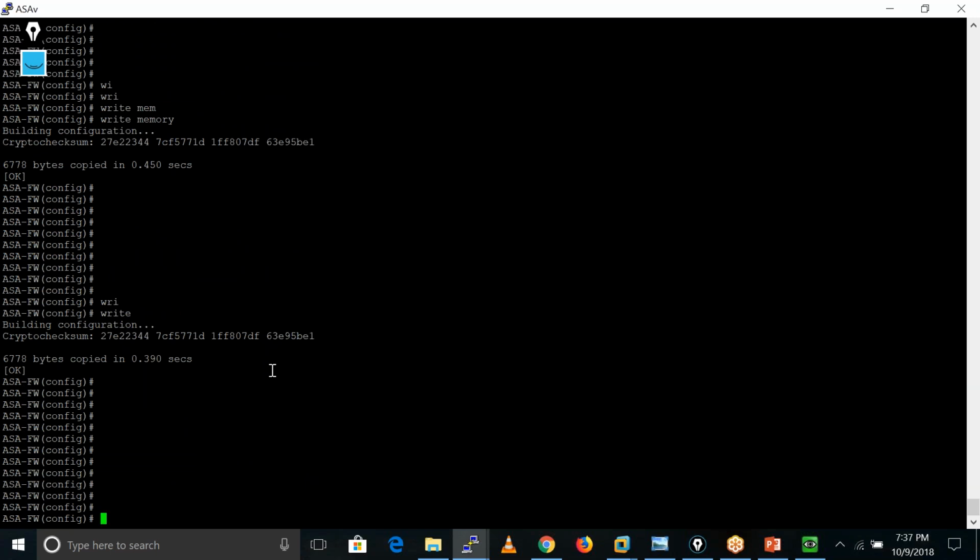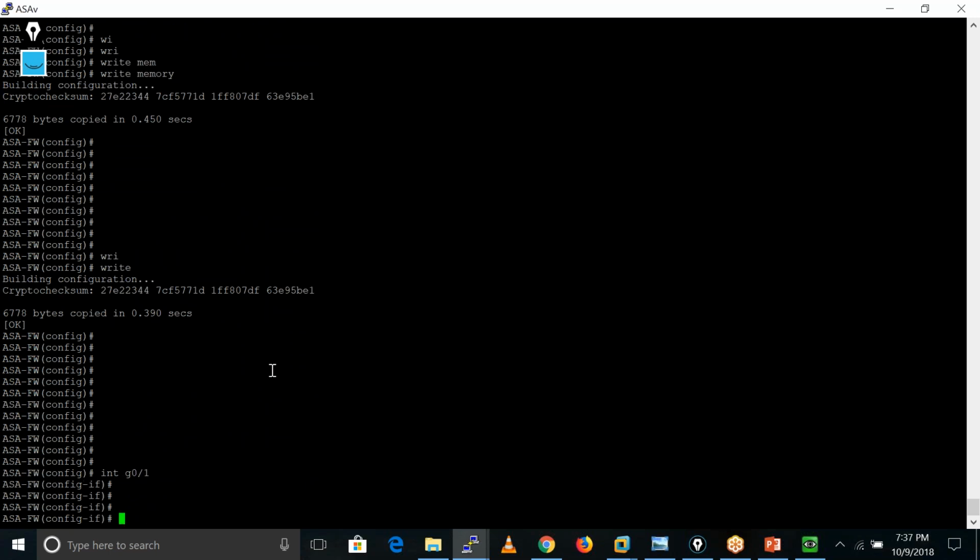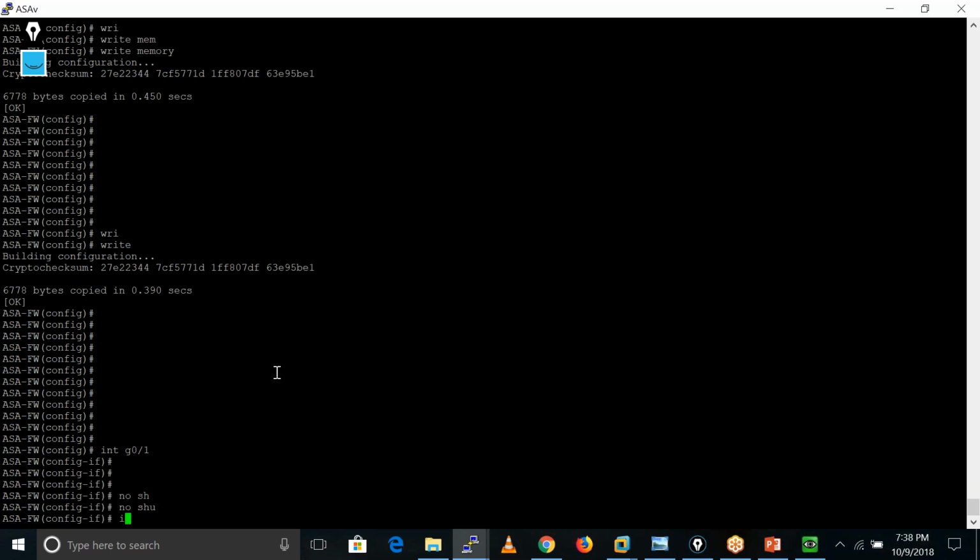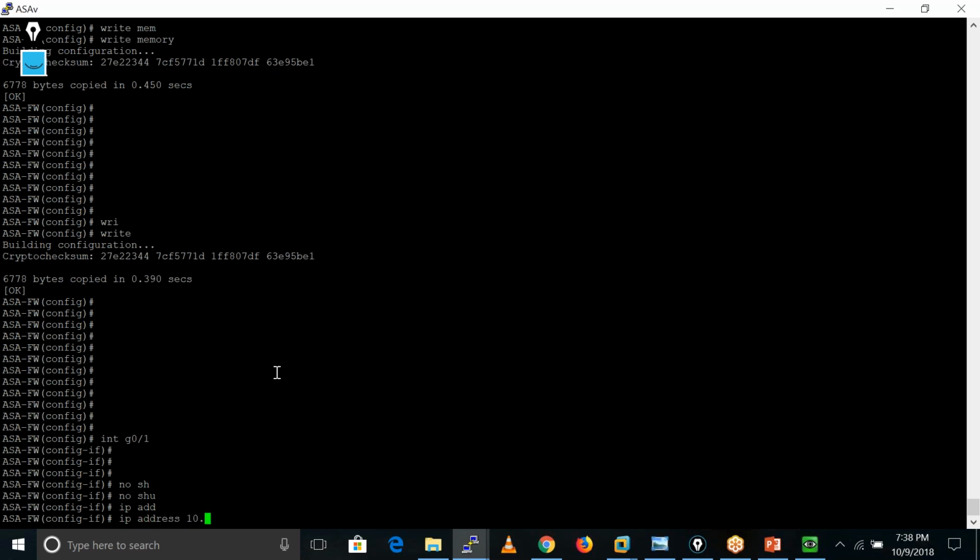Okay, so now let me configure the IP address on this interface again. IP address 10.2.2.2 with mask 255.255.255.0.